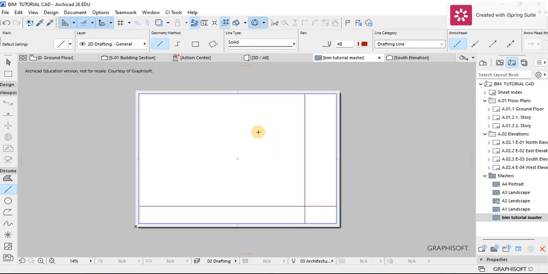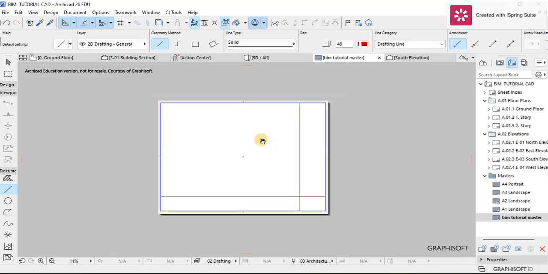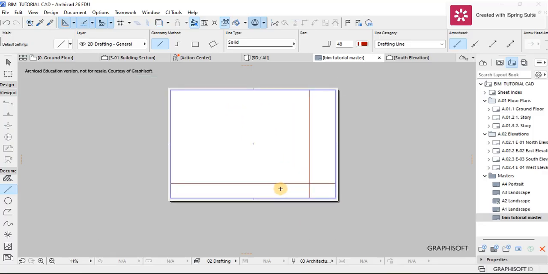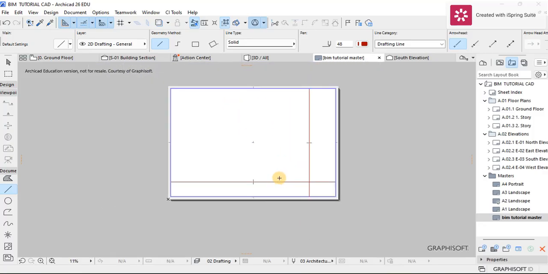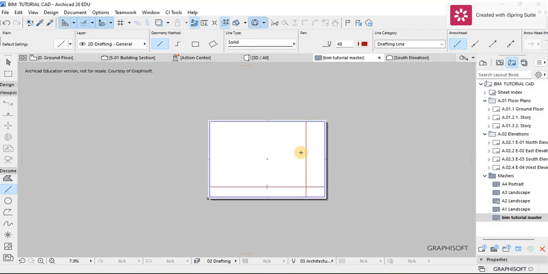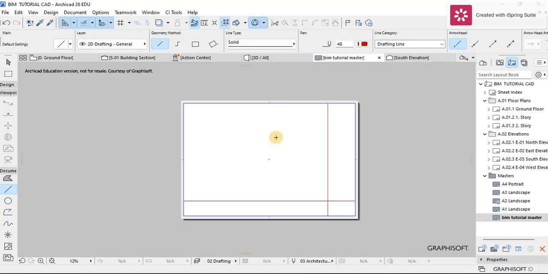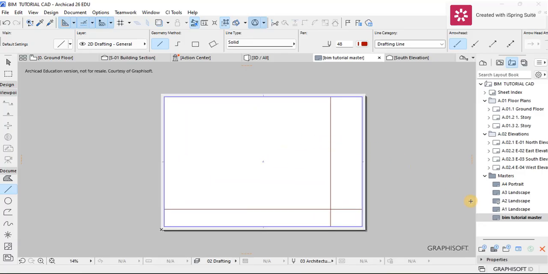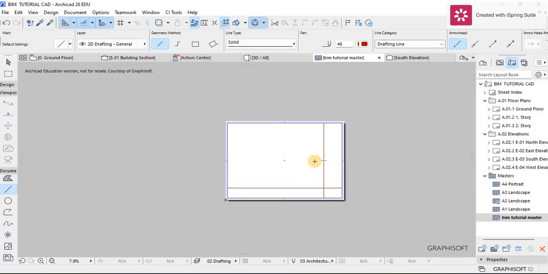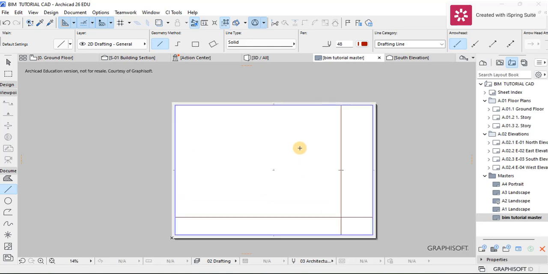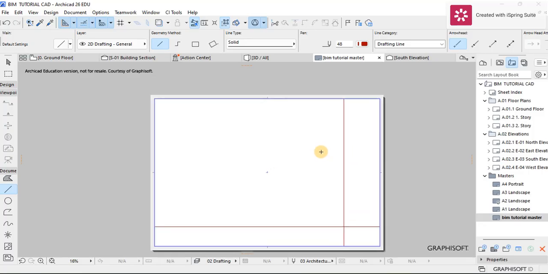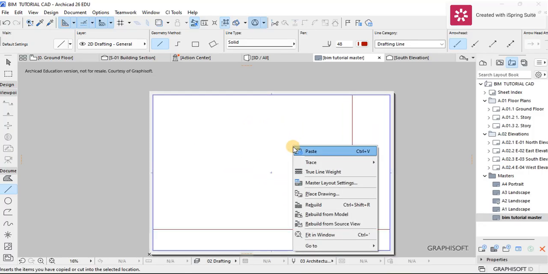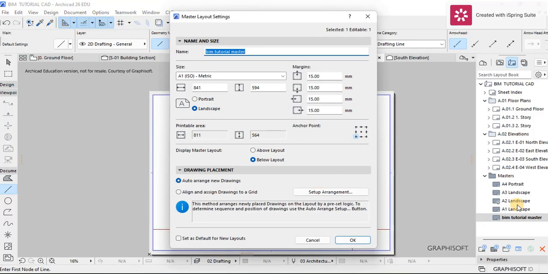Yeah, so for master layout, we are going to approach it in a manner that will be more flexible for each and every one of us. So for the master layout, we're going to either have a presentation layout or a working drawings layout. So for me, I'm going to first deal with the working drawings, and then I can later show you how to make a presentation drawing layout for your master. So for the working drawings, first I want to make sure it has the reference of the A1 layout as the